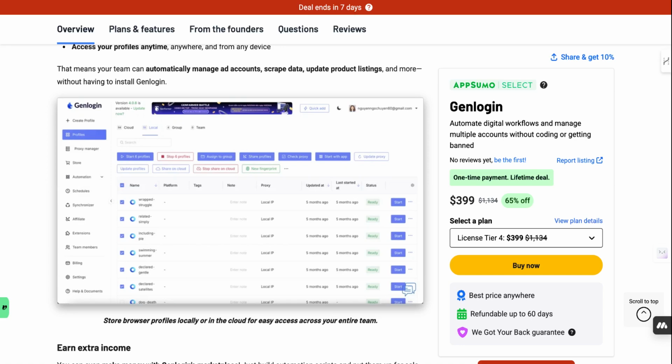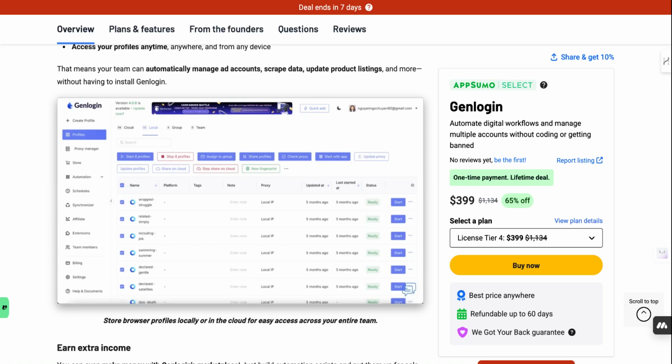Besides that, you can also add team members, and they can access, I think, your workspace without installing anything. When they say installing anything, I think they'll still need to install the actual desktop app to get access. But for the most part, you can add team members to your accounts. And then